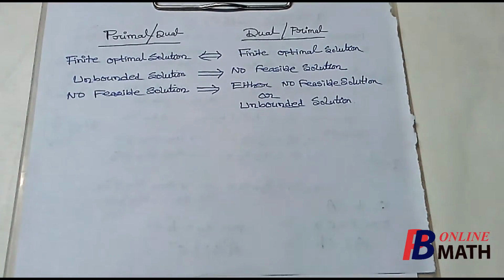Now the question is, why should we use duality theory? What is the usefulness of this duality theory? It has been found that if a linear programming problem contains no artificial variable, then we can solve this problem by the usual simplex method. But if a linear programming problem contains artificial variables, then we have to solve this problem by using either the big M method or the two-phase method.